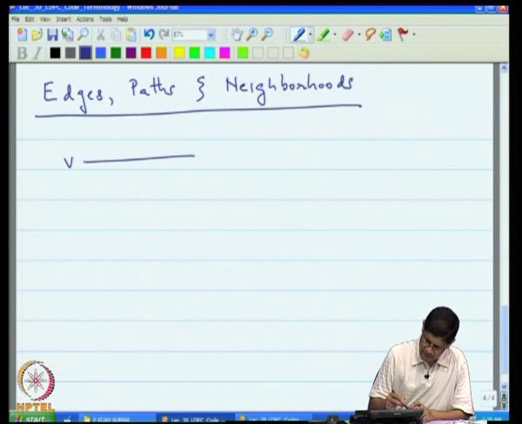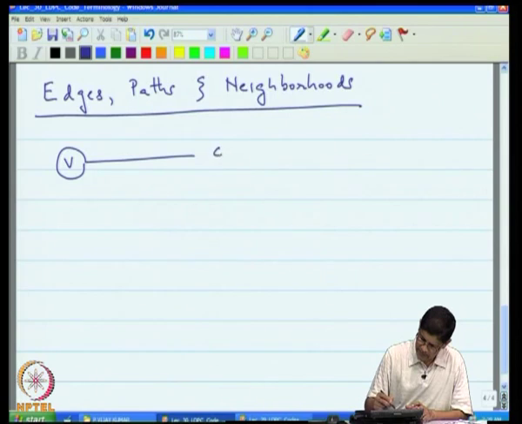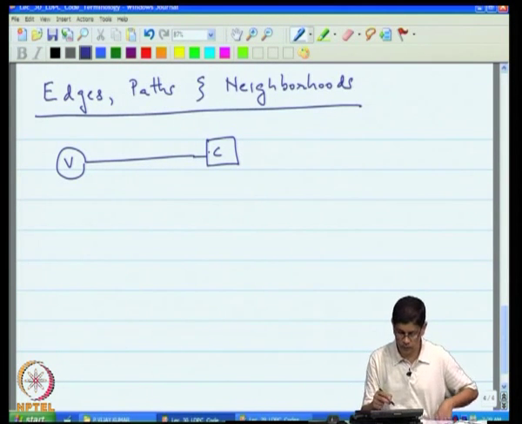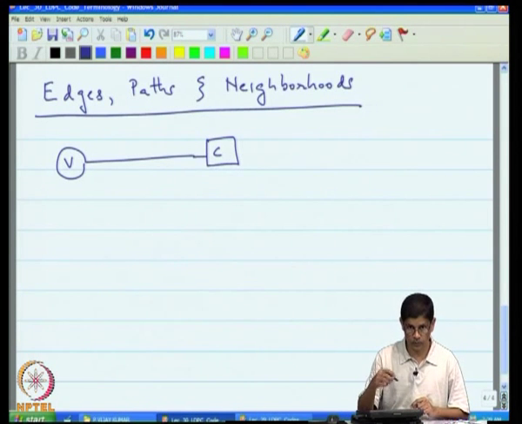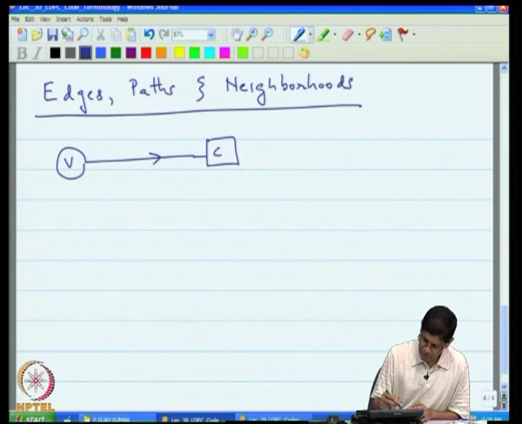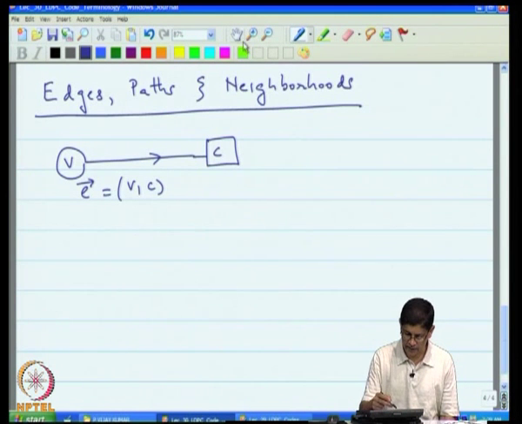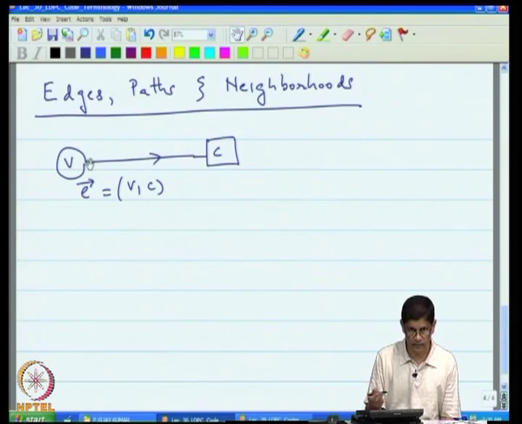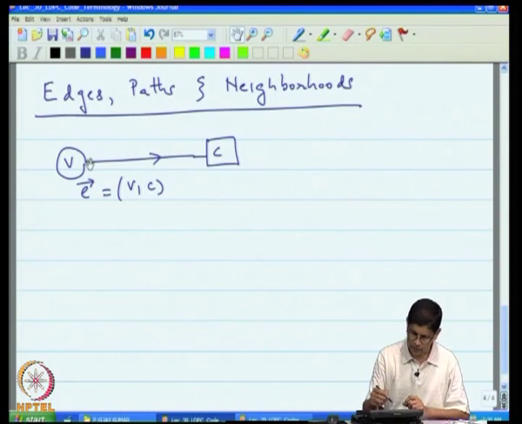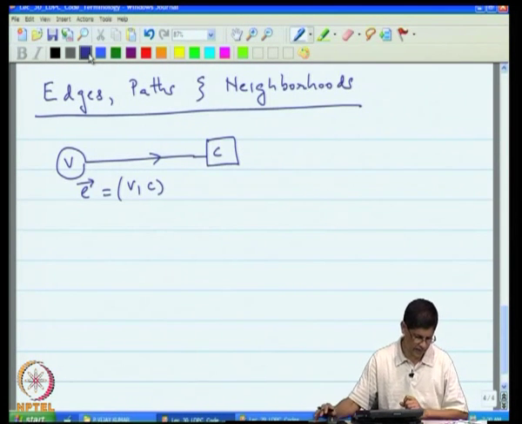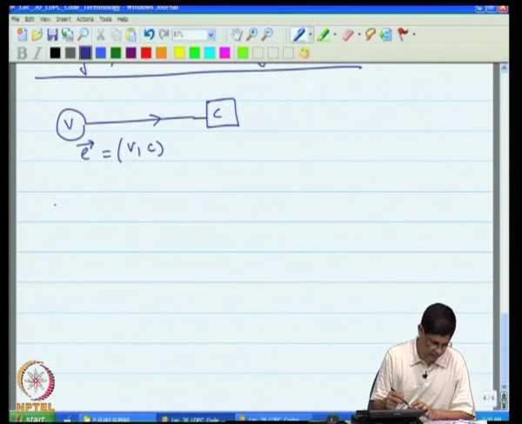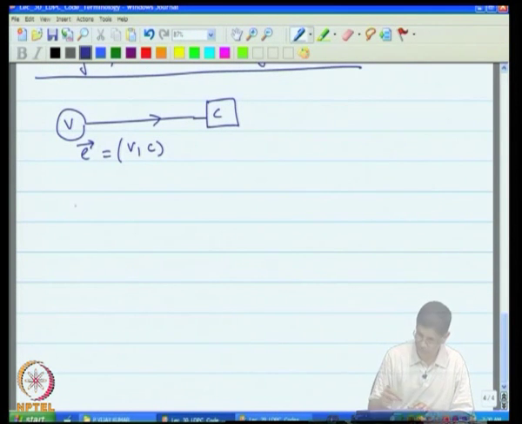So, let us say that this is a variable node and let us say that this is a check node, and I am typically going to try to represent check nodes with rectangular boxes and variable nodes with circular ones. So, if I write v comma c, then this is a directed edge. Okay. On the other hand, if I were to write say c comma v, then that would be a directed edge, but going in the opposite direction. Okay. So, now that you understand what a directed edge is, then a path